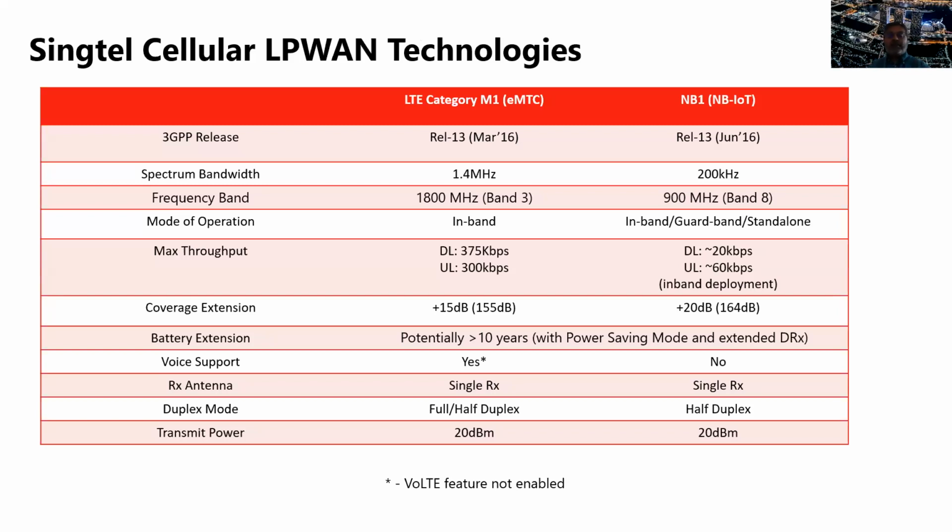But from a bandwidth perspective, why is this important for us also? Because, as you can see, when we go and get this spectrum from the government, we pay billions of dollars to the government to buy spectrum, and this is a global phenomenon. These are all licensed technologies. You need to buy spectrum from the regulator. The bandwidth utilized to run these technologies is much, much lower. So that's where the economies of scale come into the picture as well, because we obviously are running 4G and now 5G. They will all be using similar frequency bands as we bid and get this spectrum from the government.